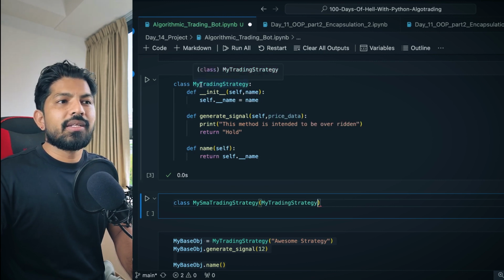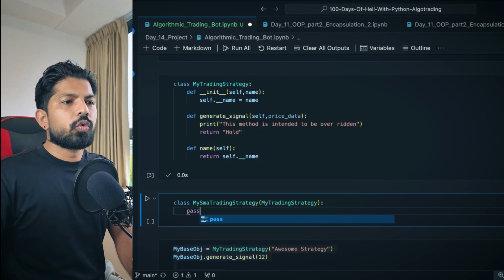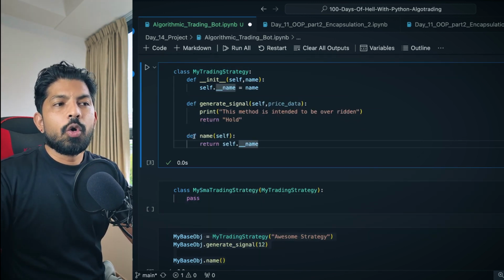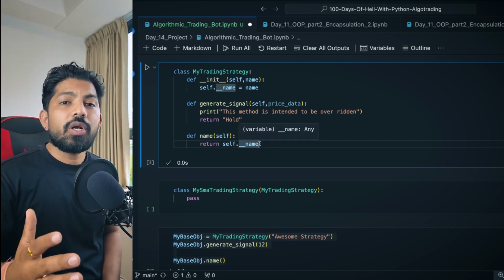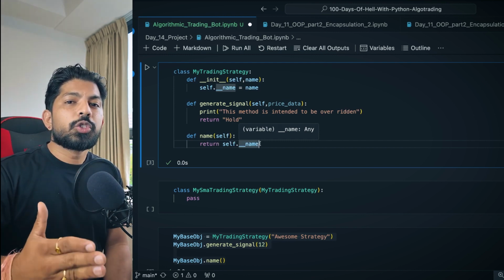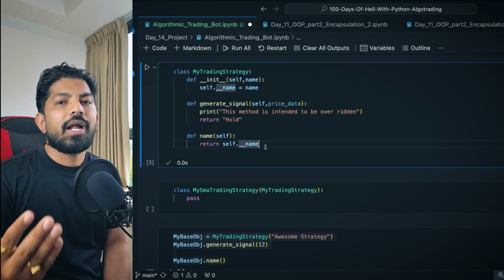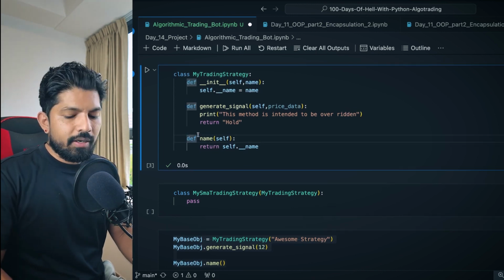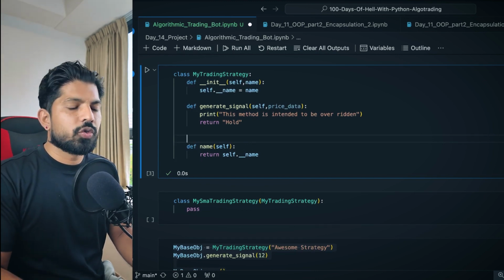We have inherited this class here. And one more thing I would like to do: when we want to get this name with this getter method, we have to write name and parentheses, right? So it means we are calling a method. But what if I want that the public should not be able to know whether we have a getter method inside or an attribute? So instead of this, I'll just write here a decorator, and don't worry, we'll read about decorators after 1 or 2 classes. So don't worry about that.